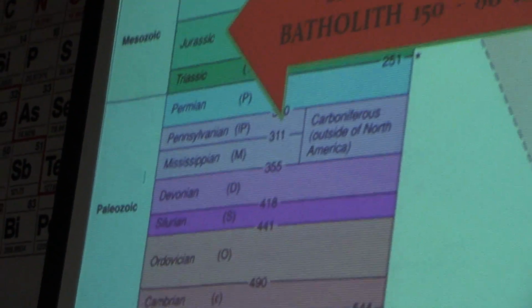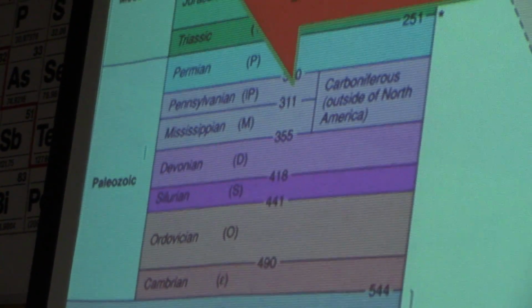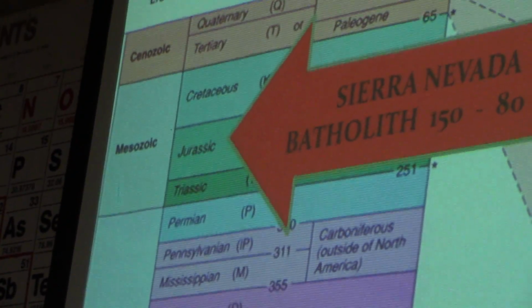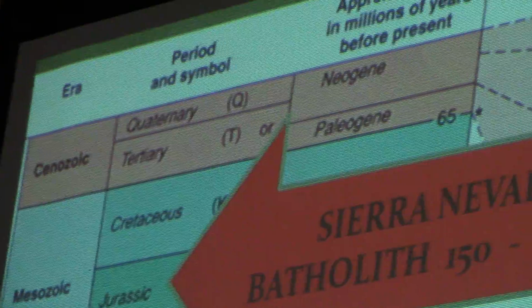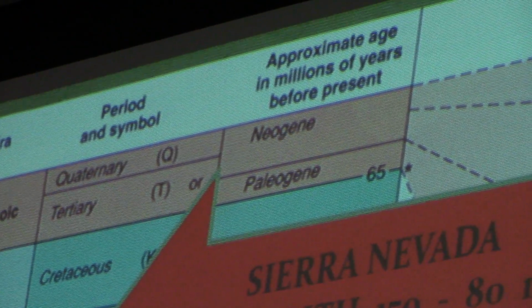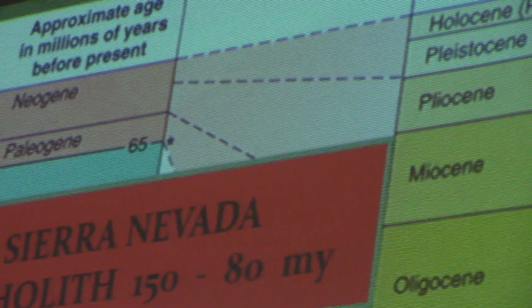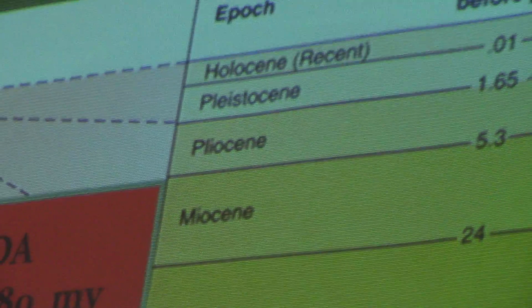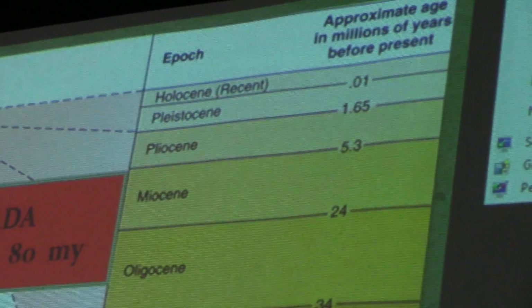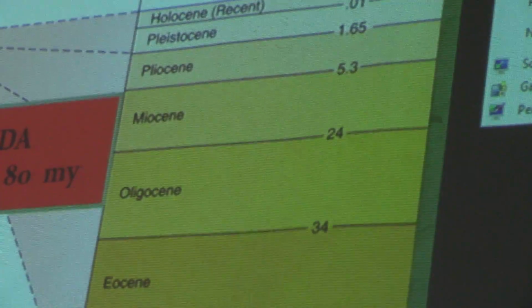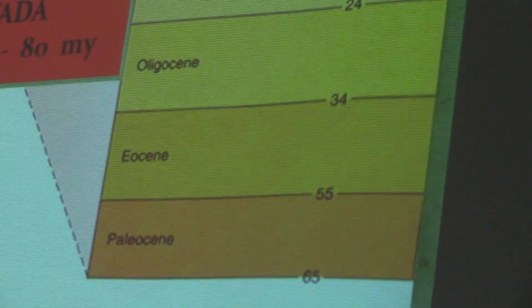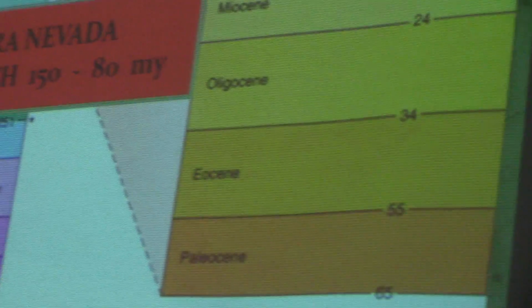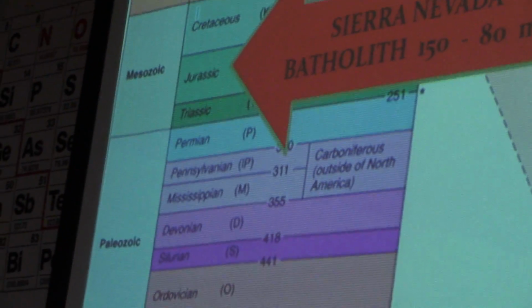The Mesozoic, Greek mesos meaning middle. So this is the era of middle life. And the Cenozoic, from the Greek kainos, is the era of recent life. So the age of the Earth is about 4.6 billion years. The beginning of the Paleozoic is about 600 million. The boundary between the Paleozoic and the Mesozoic is about 225. And the boundary between the Mesozoic and the Cenozoic is about 65.